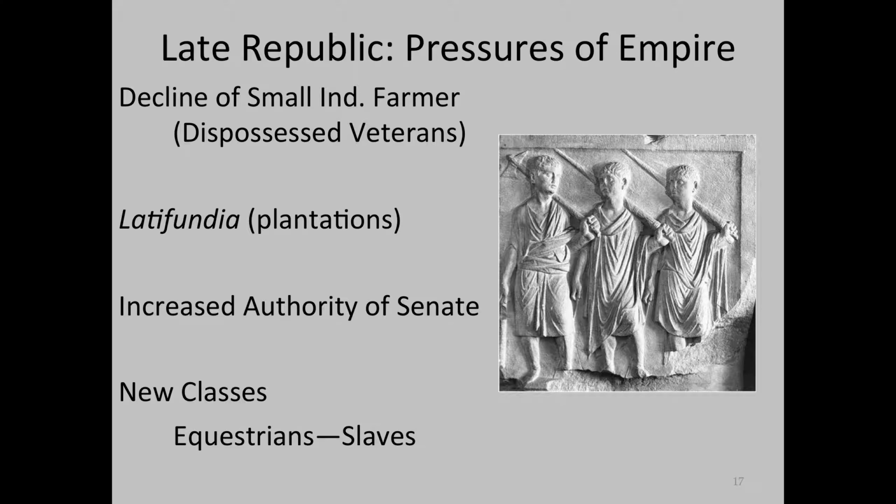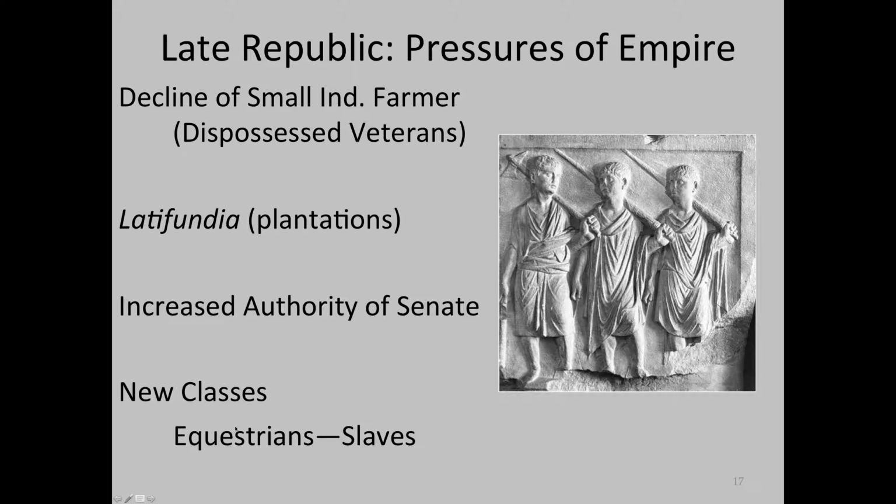The equestrians worked in banking, in trade, and manufacturing. And they also served as tax collectors for the state. Now, these financial professions were looked down upon by the traditional Roman patrician classes. The patricians' wealth was based on landholding. It was very simple. The patrician classes would not have wanted to dirty their hands with these sort of monetary commercial professions.